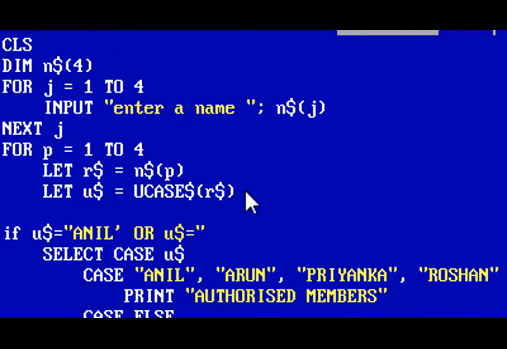c$ is equal to what is after Anil, here you see after Anil it is Arun, so ARUN, and similarly I would have to write if c$ is equal to Anil, or c$ is equal to Arun, or c$ is equal to Priyanka, or c$ is equal to Roshan, then only print authorized members, but it is a lengthy one.